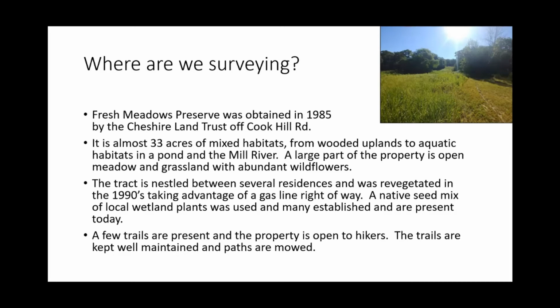So for this study, what exactly are we looking at? We're actually studying a small plot of land called Fresh Meadows Preserve. It was obtained in 1985 by the Cheshire Land Trust. It's right off Cook Hill Road. It's easy to miss. It's a little parking lot off the left side, and it kind of goes in, and